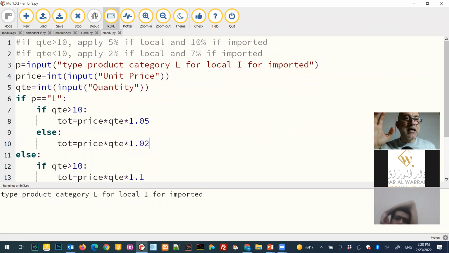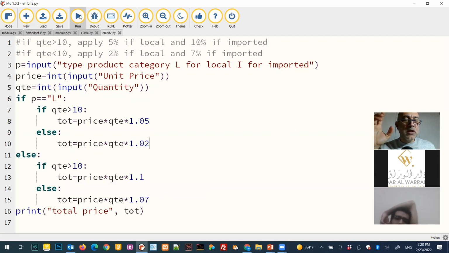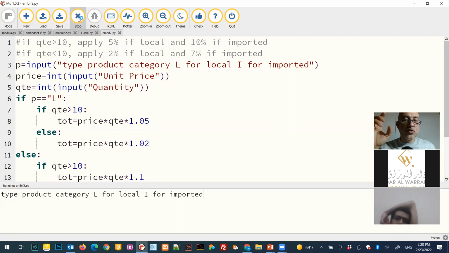So as I was saying before, I will be running my program. I will type the type of product, which is local. The unit price is 10. The quantity is